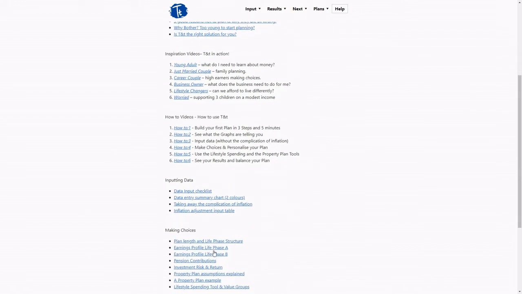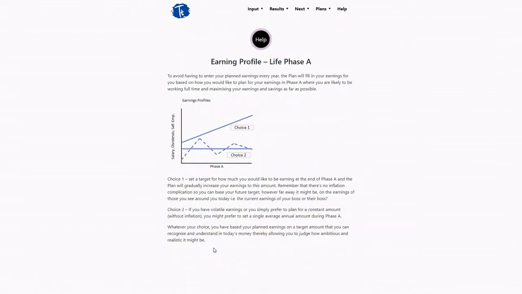This is a good opportunity to visit the help library and see in the Making Choices section an explanation of how to input your earnings in either phase A or B. We can see here in phase A, option 1 simply asks you to set a target for your earnings at the end of the phase. As the plan knows your starting point for each phase, it will then assume a straight line between the 2 points